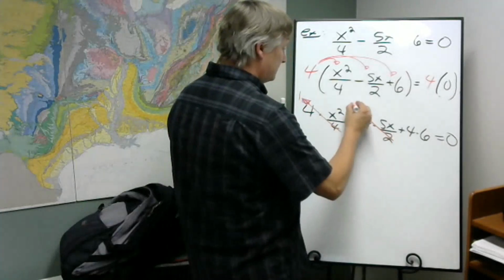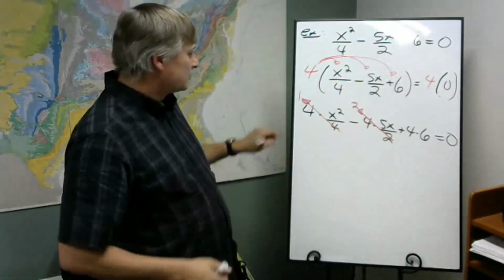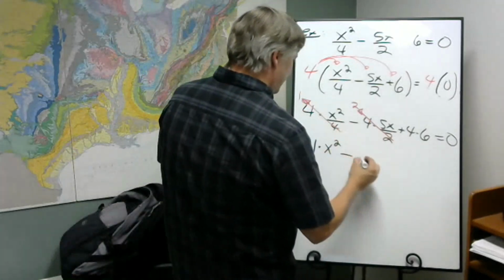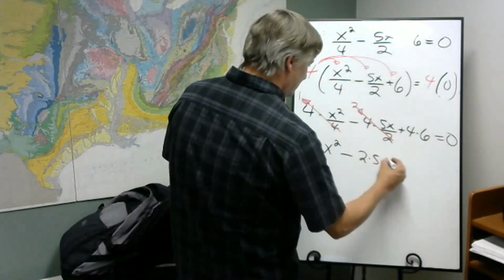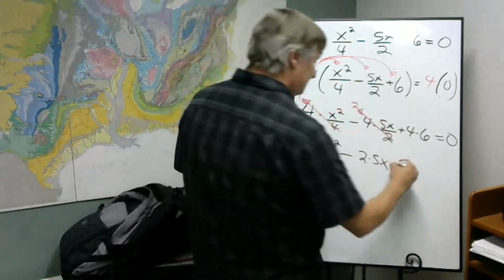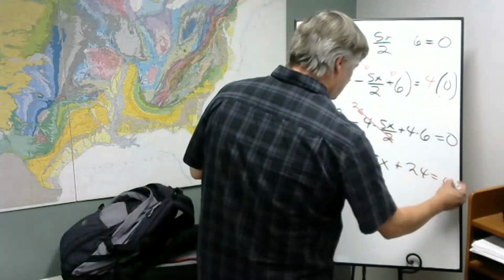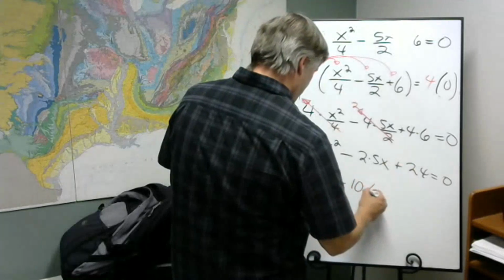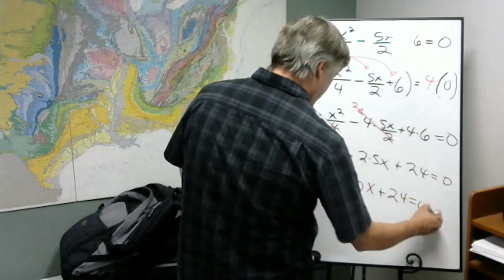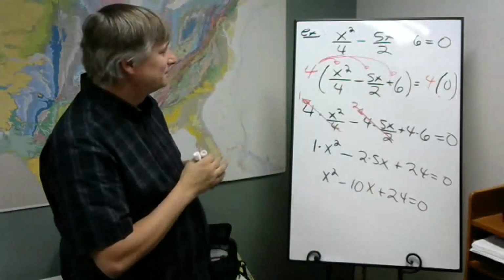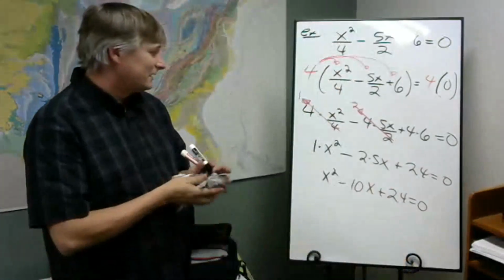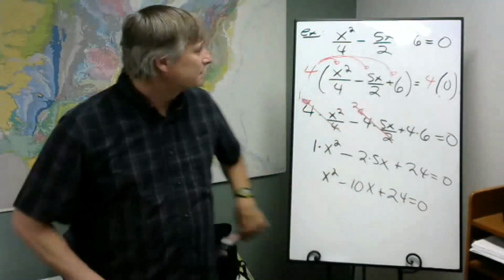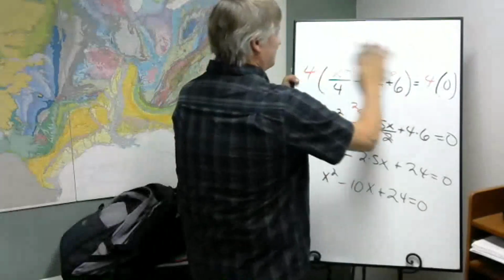2 goes in the 4 2 times. So we're going to get 1 times x squared. And this will be 2 times 5x. This will be 4 times 6, which is 24. So now what we're going to do, we've gotten rid of denominators. That just makes life so much easier. So now that we've gotten rid of those,